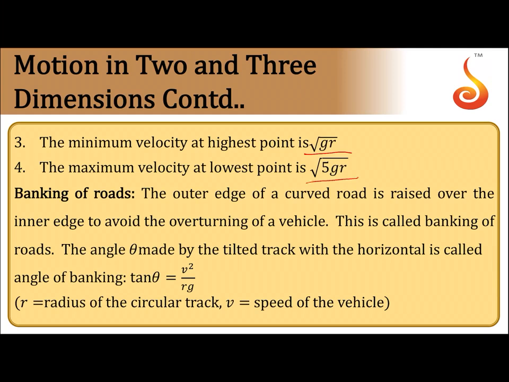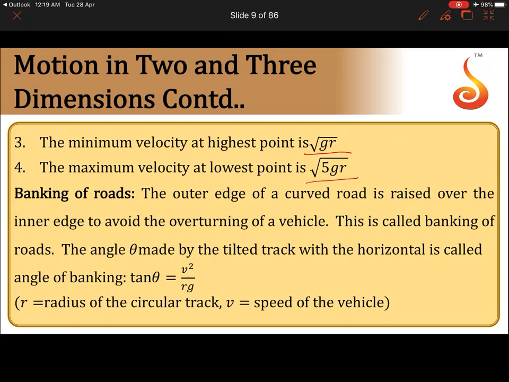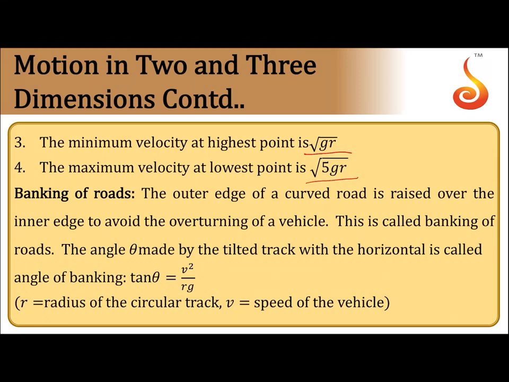So if we consider a vehicle taking a turn on the road, in order to move in a curved path, it has to have centripetal force. If centripetal force is not provided, then the vehicle will skid while taking the turn. So we have to rely on friction. So friction will provide the necessary centripetal force. But if you rely on friction, there is a problem.